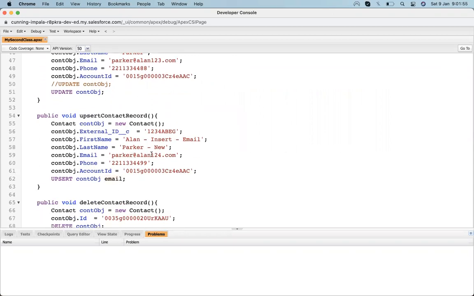If a different email is found, meaning none of the records have this email, then this record gets inserted into Salesforce as a fresh new record with all these values.